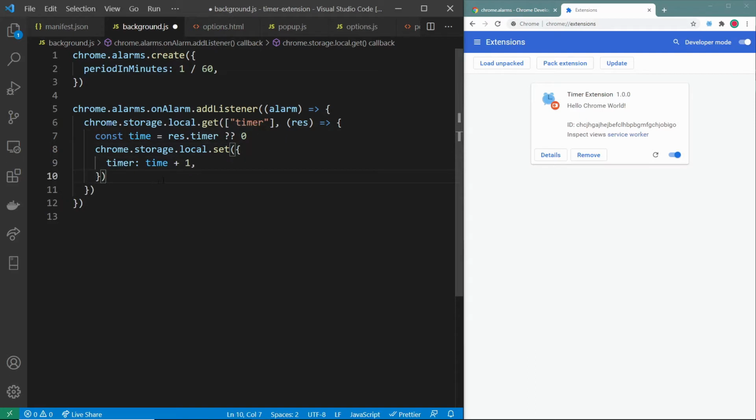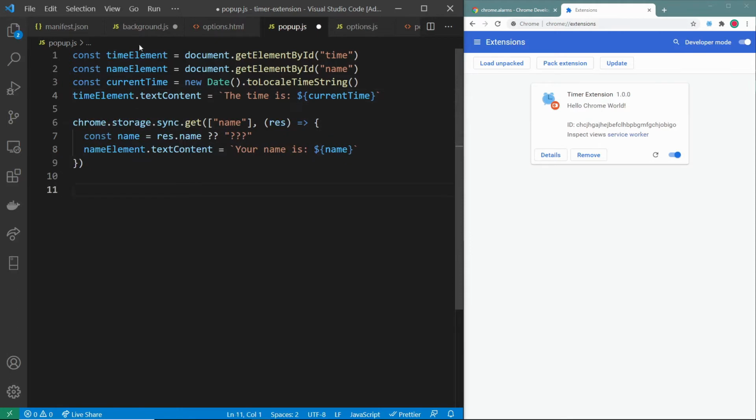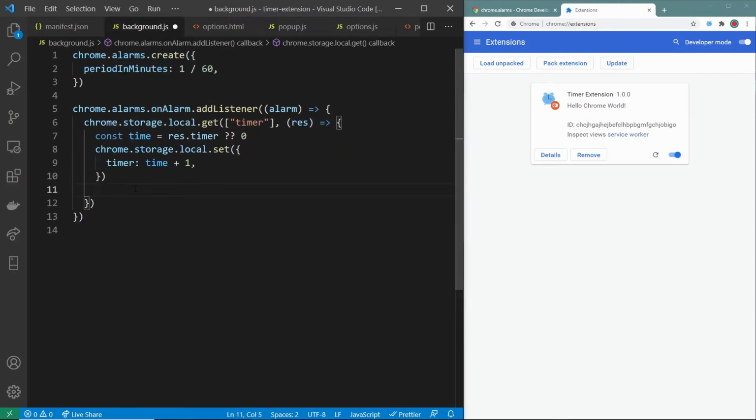And then one thing that we're going to do while we're at it is inside of our pop-up, currently we set badge text to this text time every time we open the pop-up. Well, let's actually remove this set badge text. And what we're going to do inside of our background alarm instead is we'll do